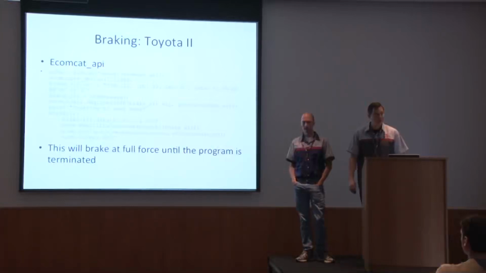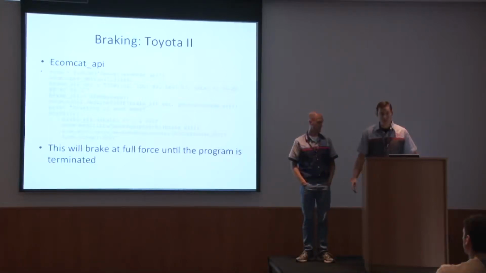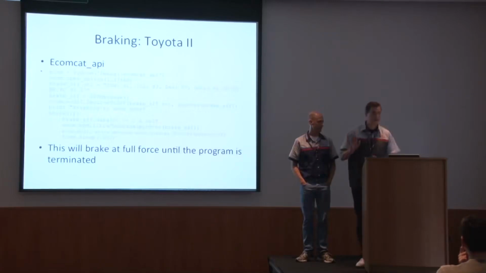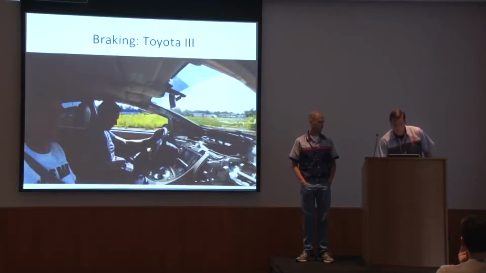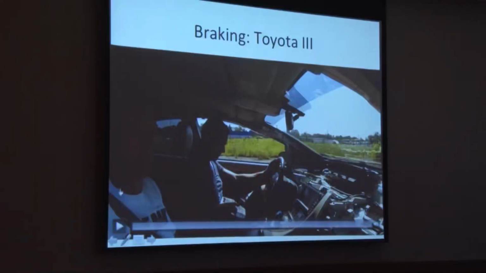Again, while this is a bunch, this is the whole program to completely lock the brakes of a 2010 Toyota Prius if it has the pre-collision system. The brakes will be applied at full force regardless of how fast you're going. You can even press the acceleration pedal the whole way down and the car won't move. So we have a video of that.